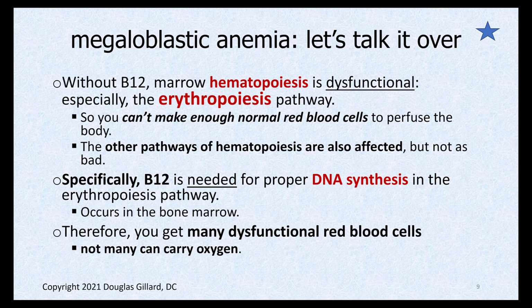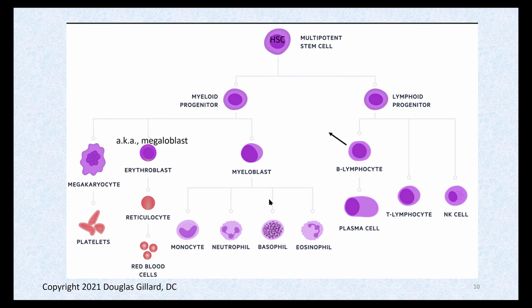So these red blood cells have a weird kind of Frankenstein look to them. They have normal cytoplasm because cytoplasm is made by RNA synthesis, but because DNA synthesis doesn't work, they have a tiny little nucleus. So that's one weird thing about them. So you get all these weird blood cells, and you don't have to know this for me. You might know it already, but here's the pathway, and there's the making of red blood cells there.